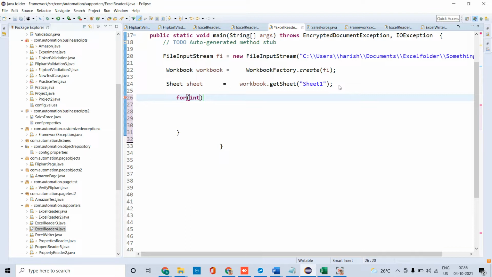First of all, the first loop will be for the first row. In that first row, I want to get the column data, and for that purpose I will use another loop. So here I am taking the first loop.